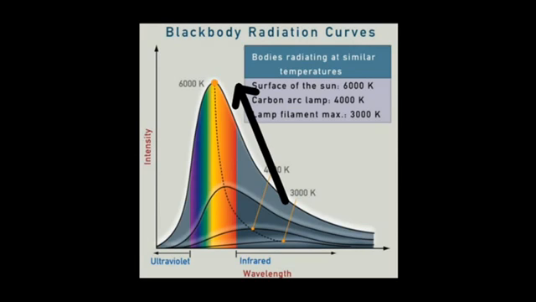Another important point is that as the temperature gets hotter, the peak moves to shorter and shorter wavelengths. That is, the object starts emitting most of the light at really, really high energies. This point is important because it will come back to prove very useful later on. We can also see that for higher wavelengths of light, there is a slow decay towards nothing being emitted. And no matter what the temperature is, about the same amount of low energy light is emitted.